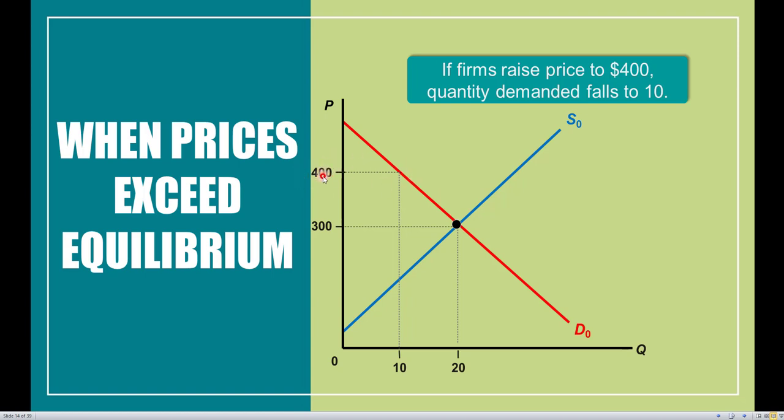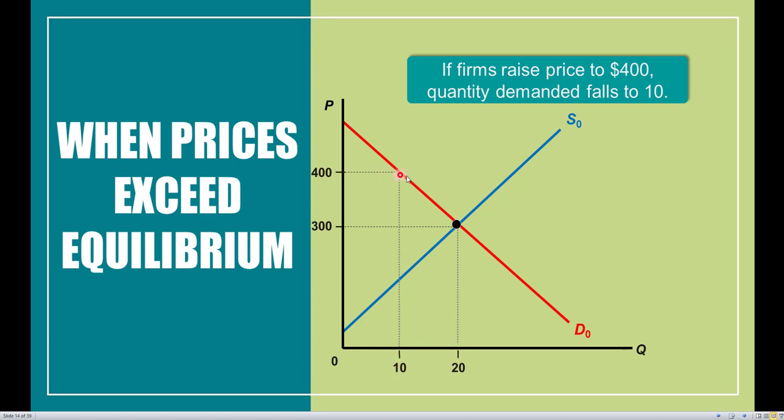So here, when prices go above equilibrium, this is exactly where that surplus or excess supply emerges within the marketplace. And we do notice that consumers are probably going to be hurt and producers are going to win, which leads to some implications for consumer surplus and producer surplus. One thing that we should note is quantity demanded is going to fall here. Before, quantity demanded was equal to 20 units, but now it's only equal to 10 units.